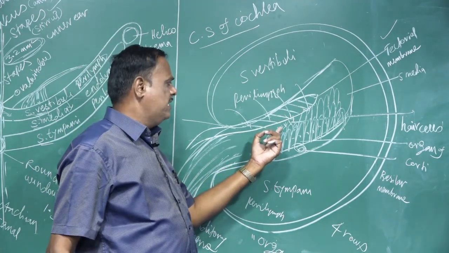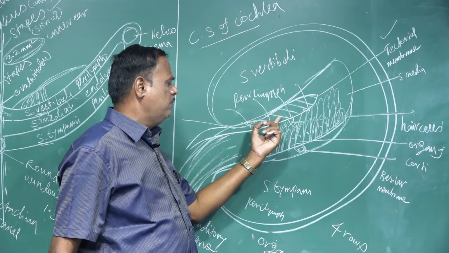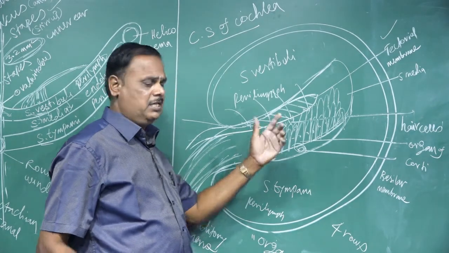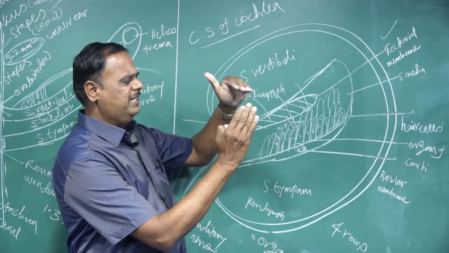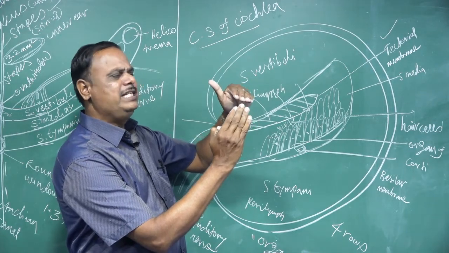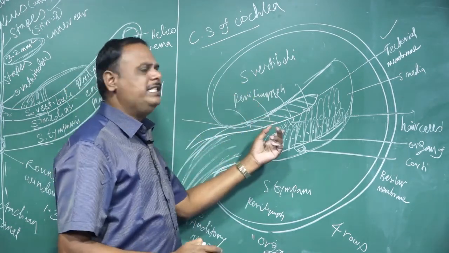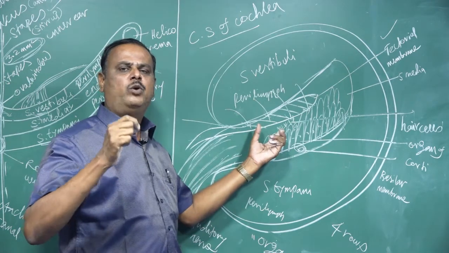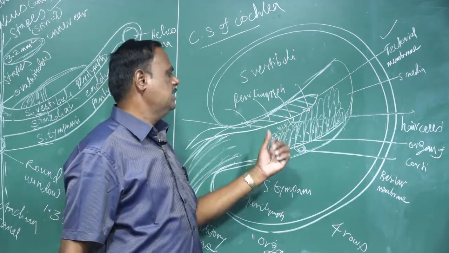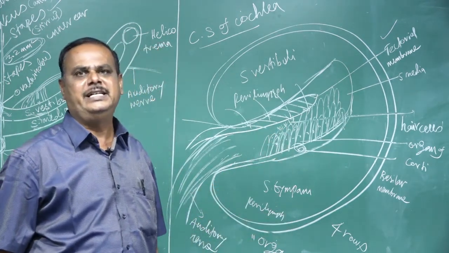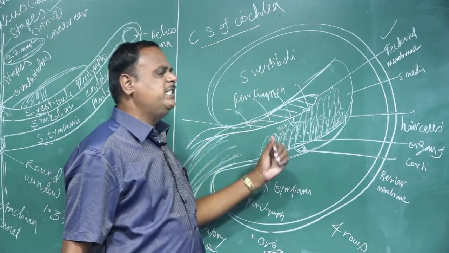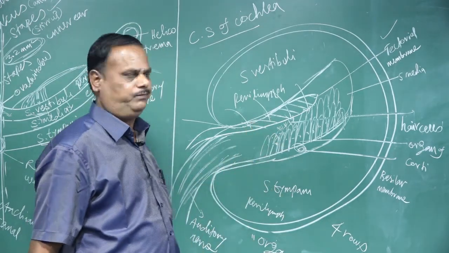During the bending of the hair cells, the tectorial membrane touches the hair cells. When the tectorial membrane touches them, the hair cells bend. When the hair cells bend, an action potential is generated, and the pressure waves are converted into electric signals.